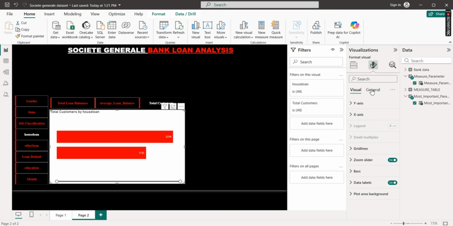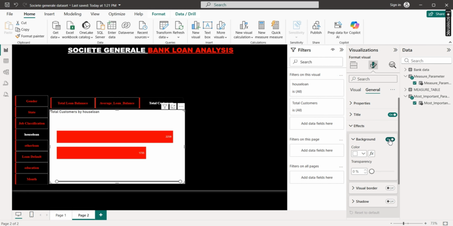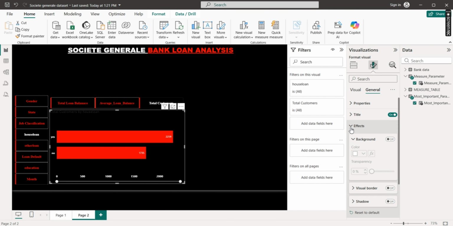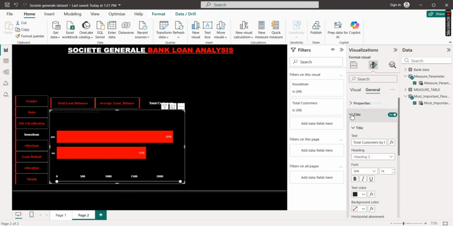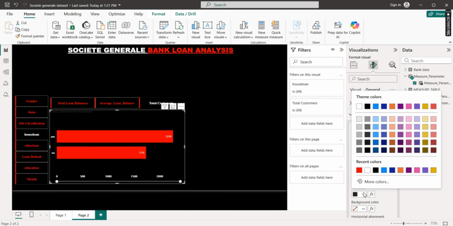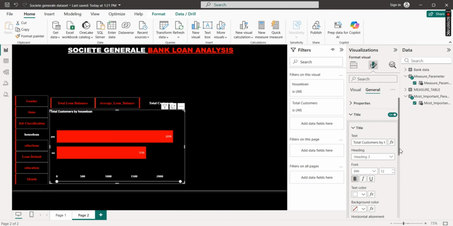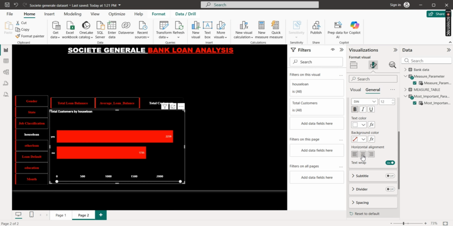but I need to change the background of this entire thing. So I'm going to come here to effects and turn the background off so we can have this. And then for the title, you need a title one way or the other, so I'm just going to format the title as well. Something simple, and then we can just align it in the middle. And voila, we have